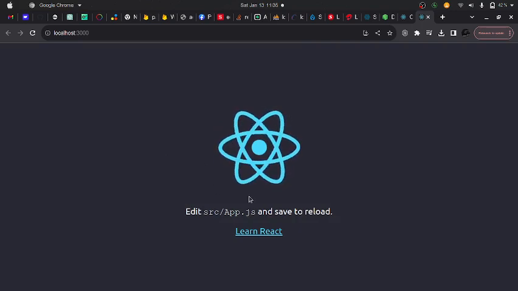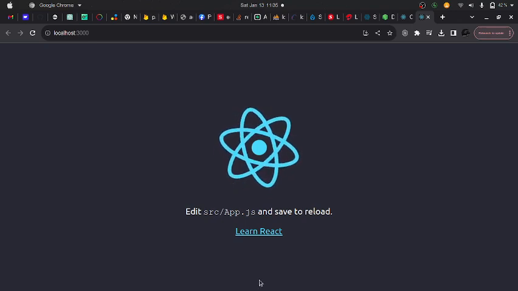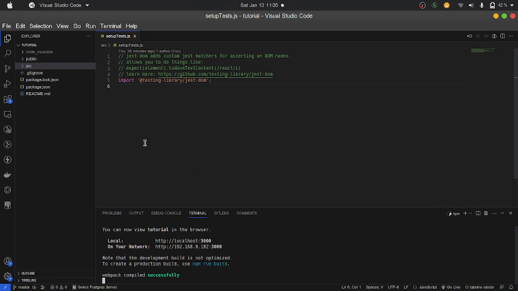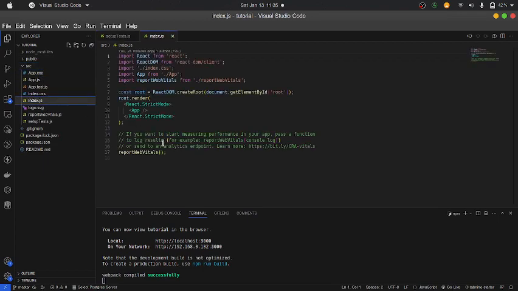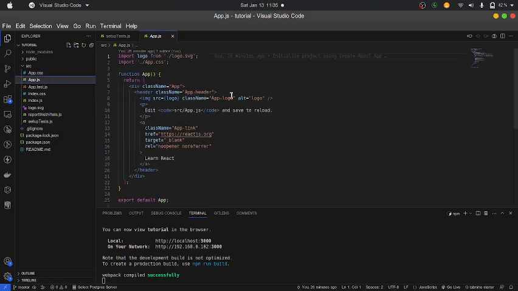So this is the default page. All this page you're seeing comes from my app.js. We have the logo, then we have